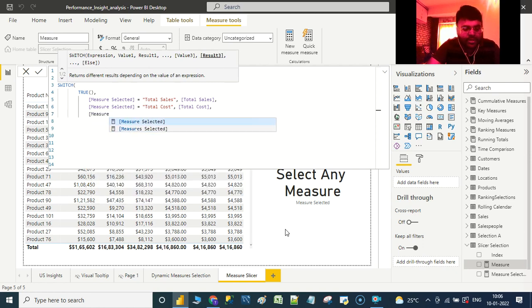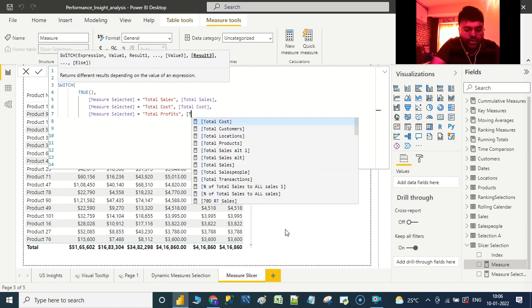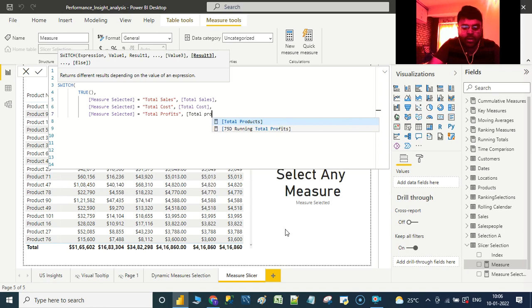Similarly, if the measure selected is equal to total profits, then return me the total profits value.